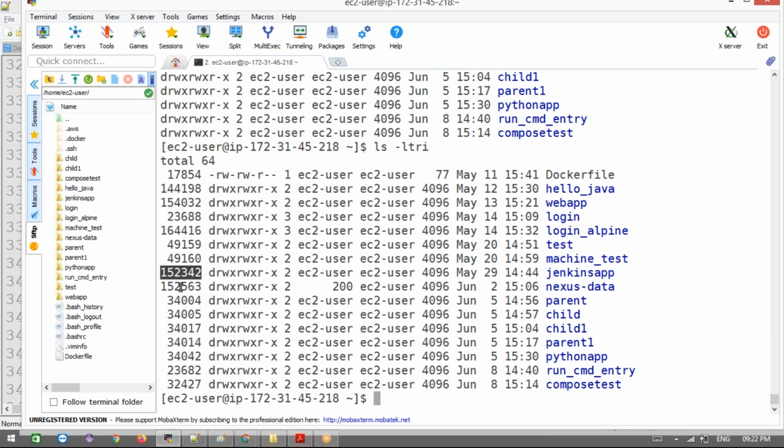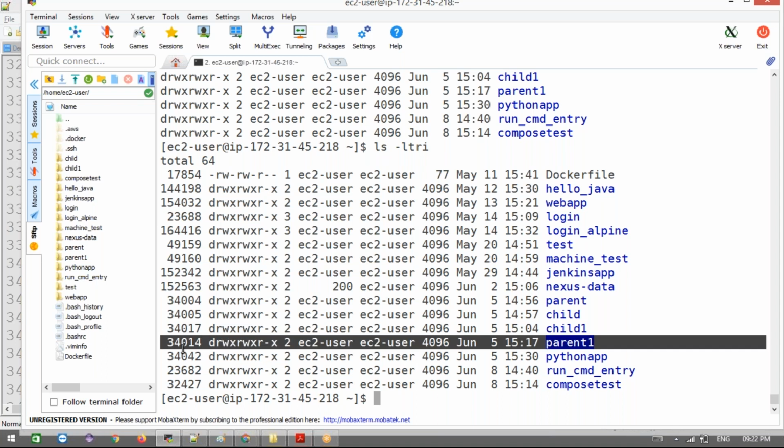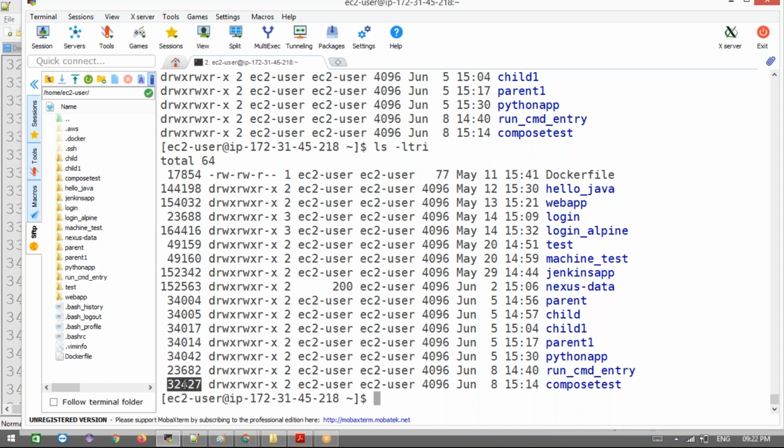See here, each and everything has a different inode value. Clear, any file, any folder you create, it creates an inode value for the system. The system understands these inode values. It's a different number for the different files here.